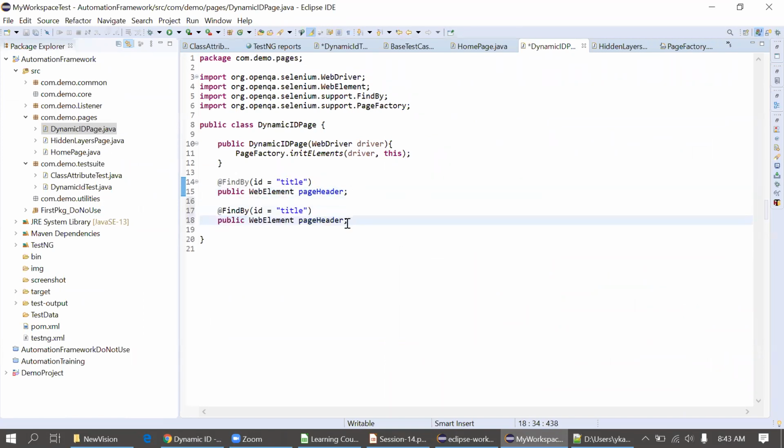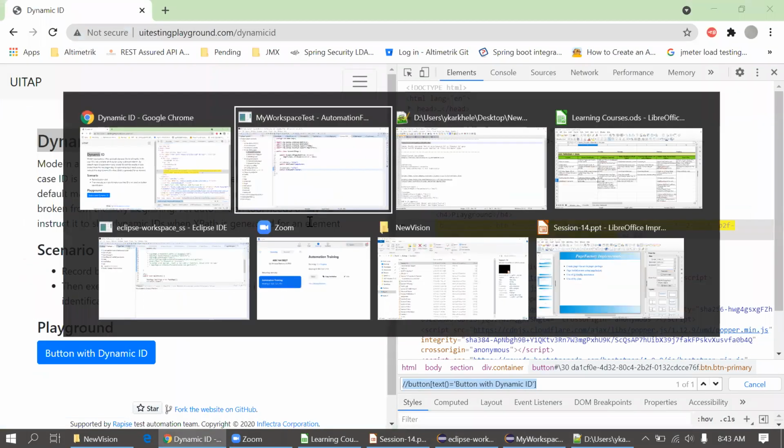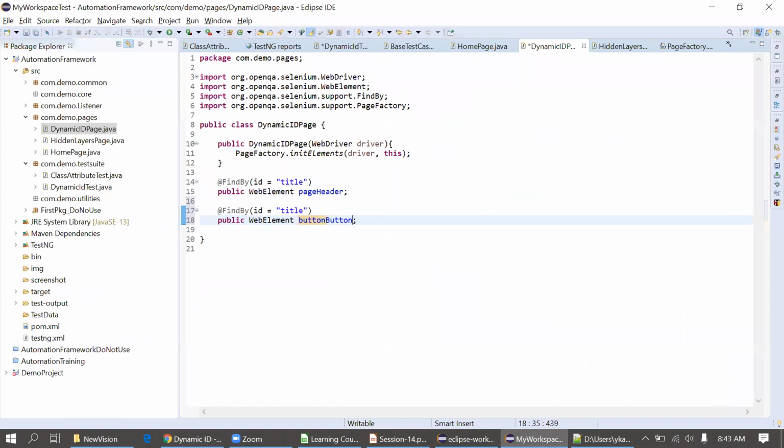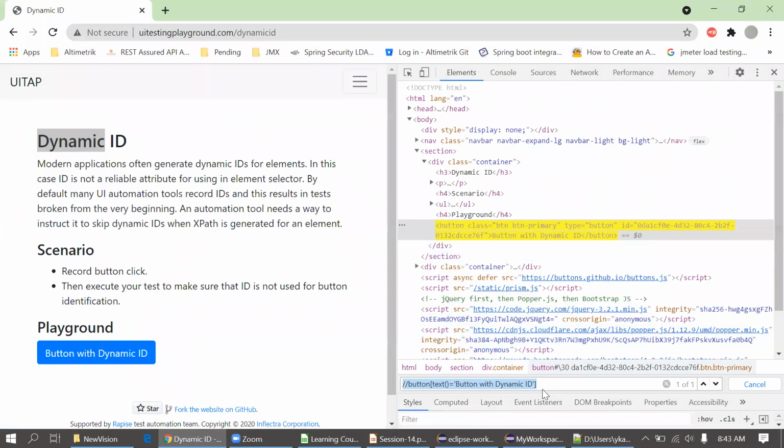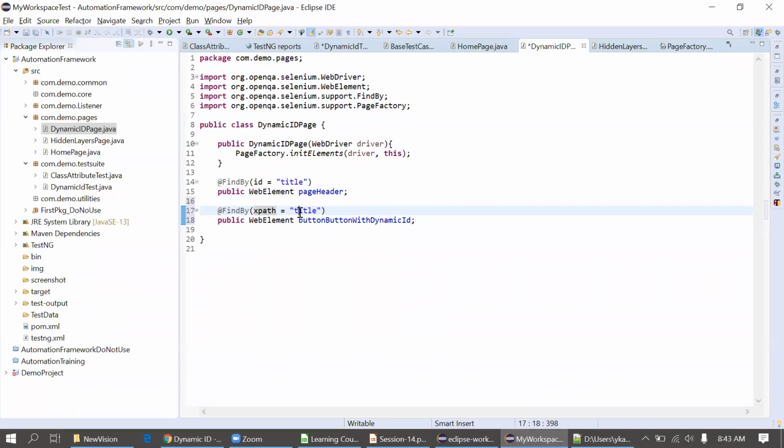I will paste it below, and I will just make it button with dynamic ID. Naming convention should be proper. Okay, remember this. Then XPath. I'm just copying this XPath.